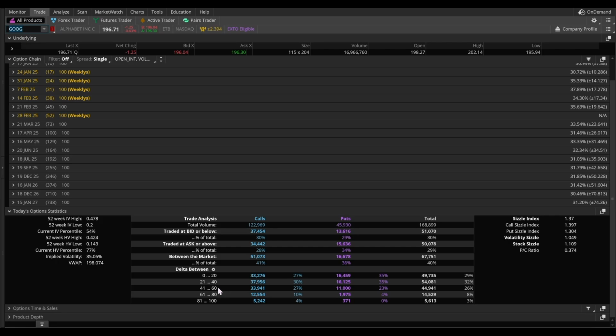And these higher delta options are typically better suited for traders expecting more substantial moves in the stock. Now, a delta from 61 to 80 here represents deeply in the money options, and it shows that the option price moves very significantly for each $1 move. So you can just about guarantee these options offer even higher potential reward, but they also, again, have a greater